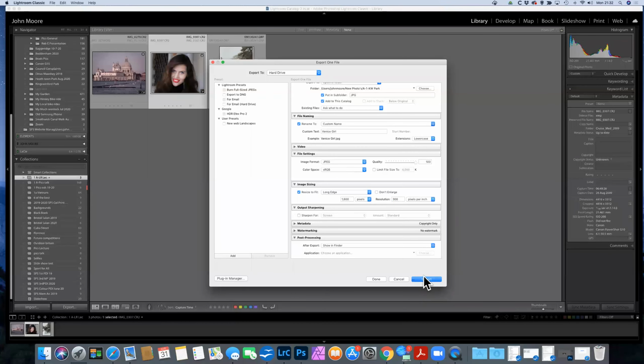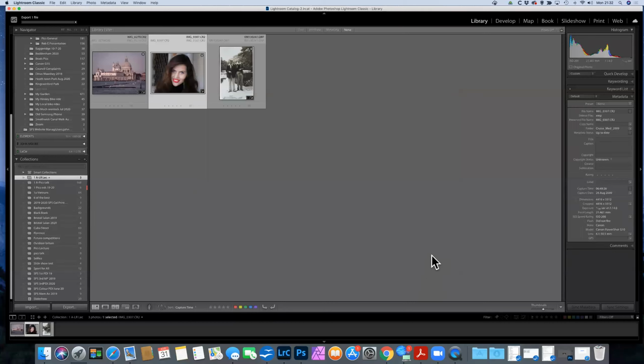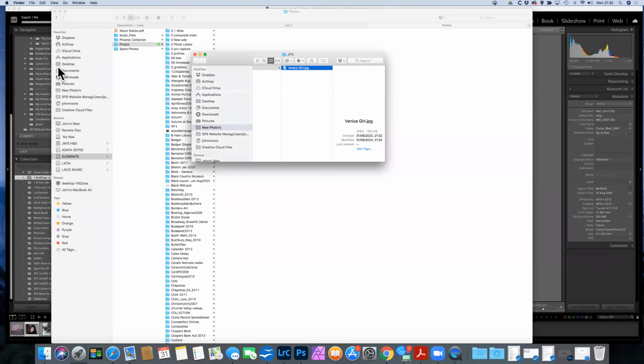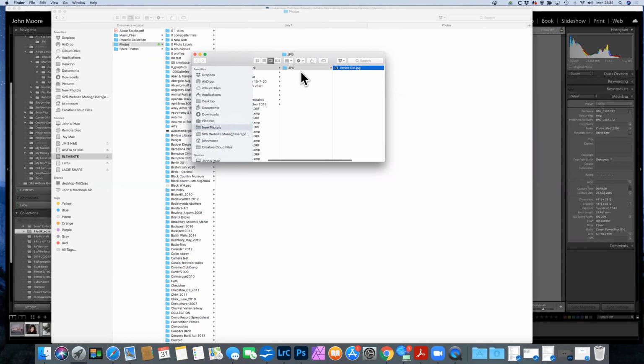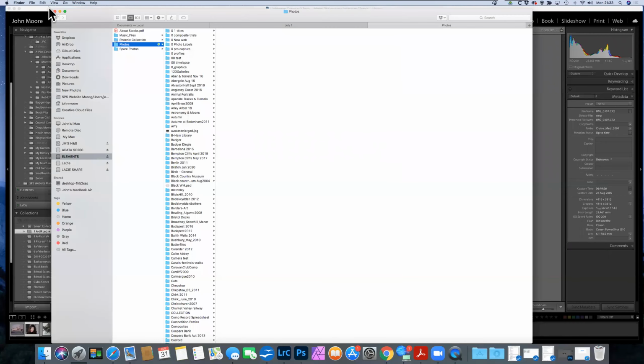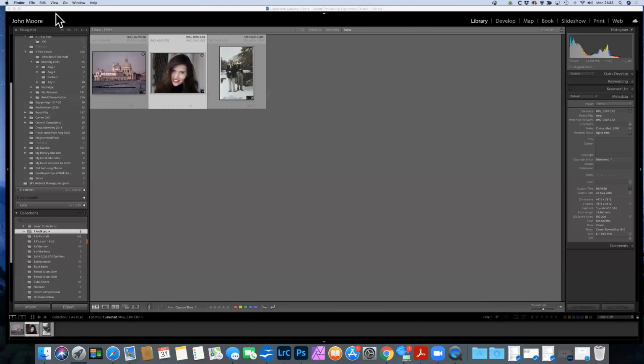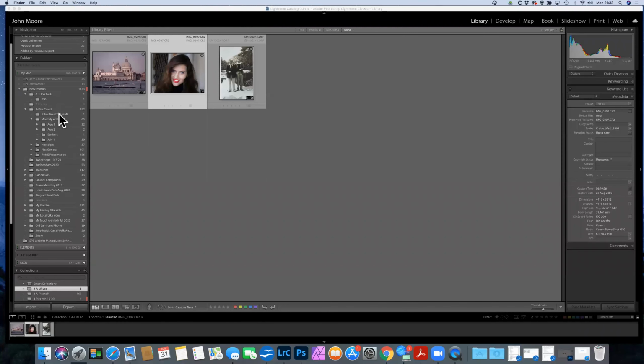So I'm now going to export this. We've got the export going on up here. It's slow. There we are. It's popped up in my Finder window and it's in New Photos, JPEG, AW1 A1 KW Park. That's where I set it to go. So that's confirmed to me that it's gone to the right place. Fine, don't need that anymore. So now if I go back to that folder,